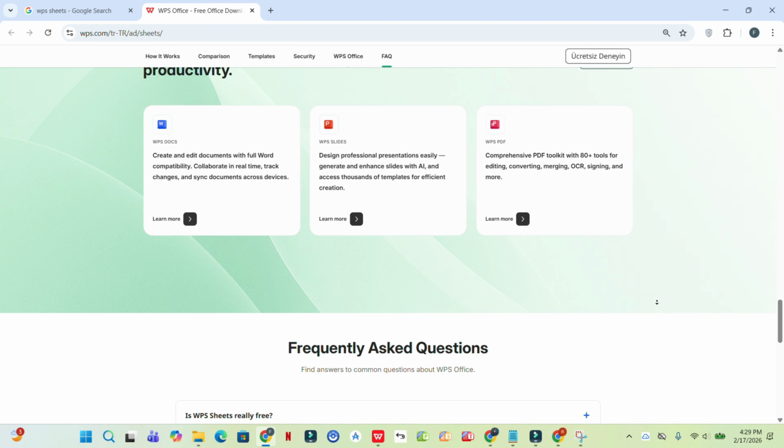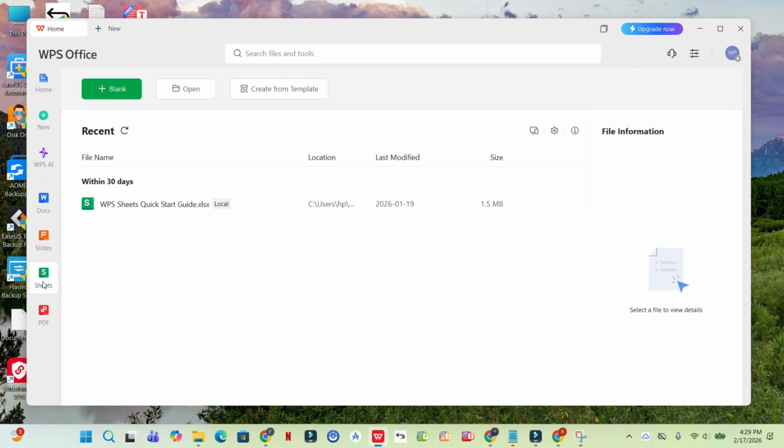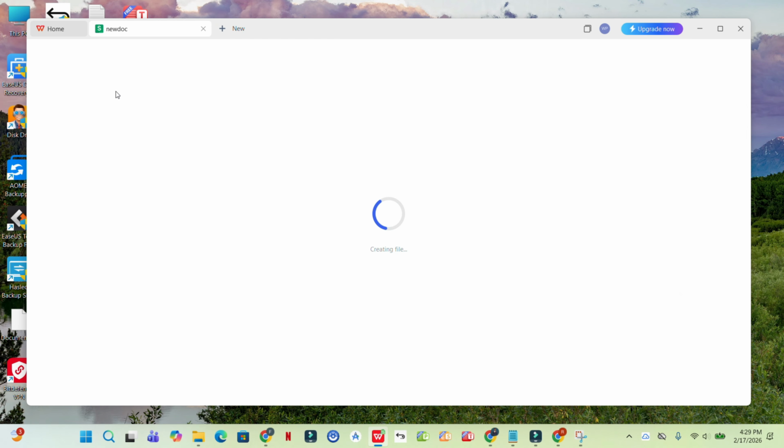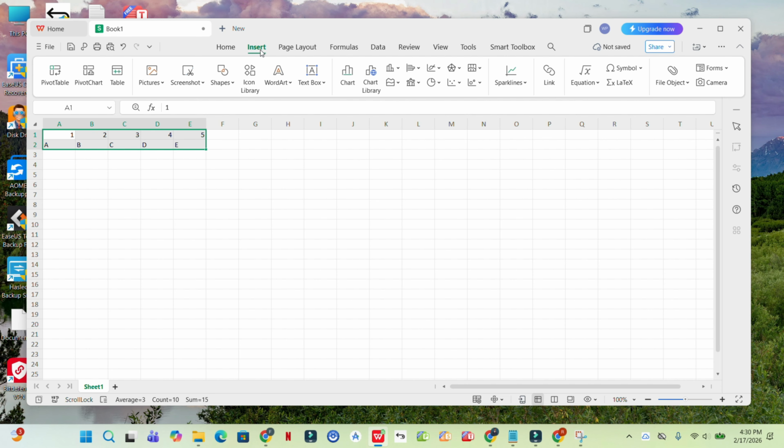And let's get started. First, open your document in WPS Spreadsheet. The very first thing you need to do is highlight the data you want to include in your graph. Make sure you click and drag over both the column headers and the data values so the software knows exactly how to label everything. Once your data is selected, head up to the top menu and click on the Insert